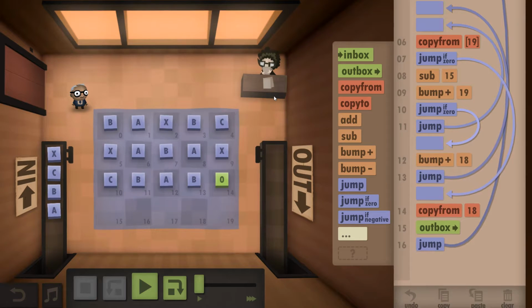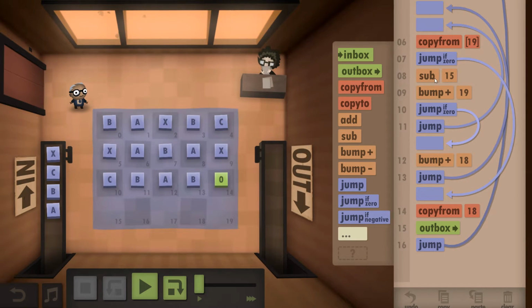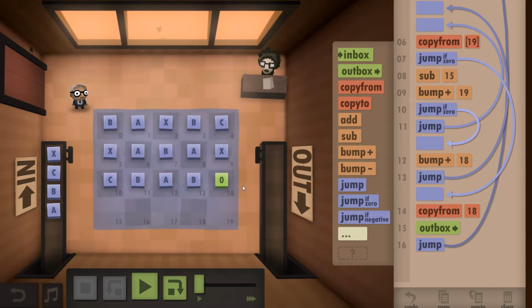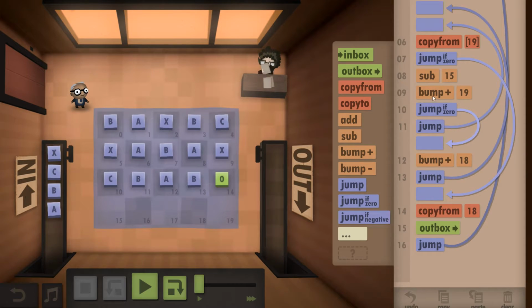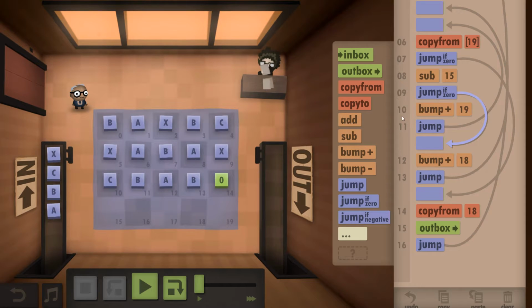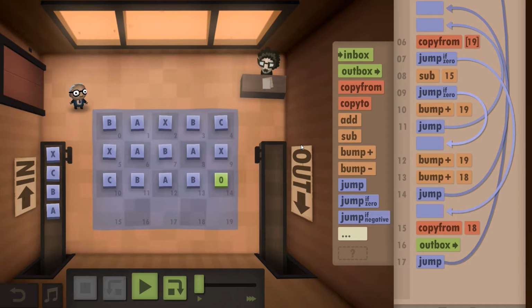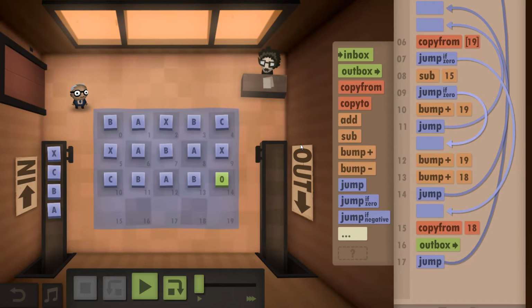Oh no, I can just do it like this. So, can I? No, I can't, because I'll pick up the thing. I can't bump up 19 here, because then I have it in my hand. I have to do it inside. Ah, come on. There has to be a way. There has to be a way. No,